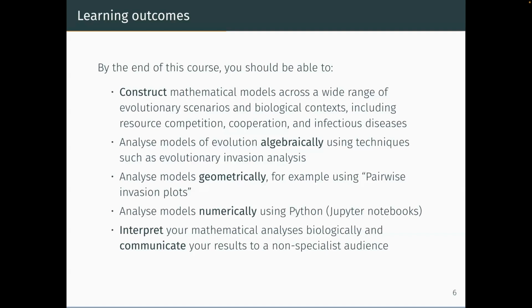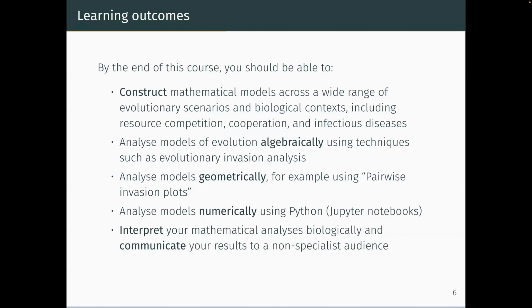Finally, this interpretation step, this is the key thing. I'm a mathematical modeler. It's all well and good seeing some biological phenomenon, making my models, doing the analysis, but then if I can't interpret that back in the context of the original problem, there's not really much point doing it. Okay, so interpreting that and communicating those results to a lay audience, or a non-specialist audience, is